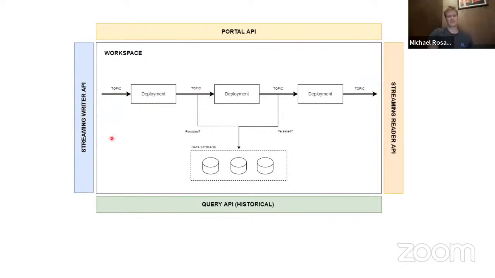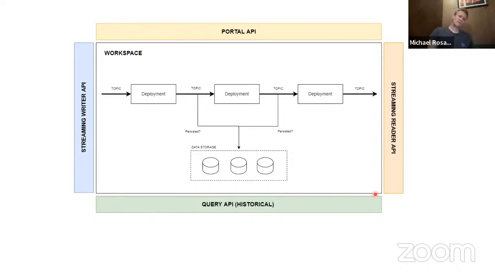Always. So this is happening inside the workspace, but what happens when you want to gather information or get some source of data from outside Quix, outside our platform, outside the workspace? And that is where we are providing some APIs to the external world, allowing you to introduce data inside of this pipeline. The same happens on the right side. That is when you are putting data out of your workspace, your Quix workspace, to the external world as well.